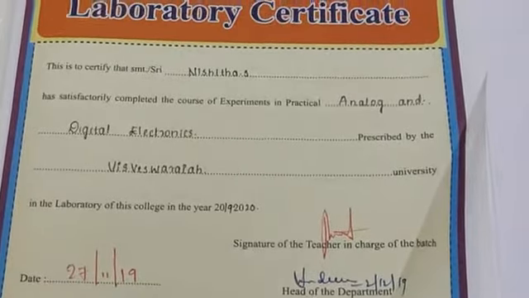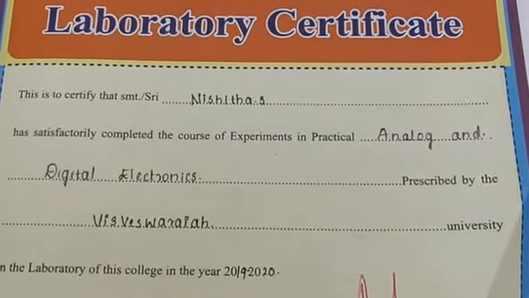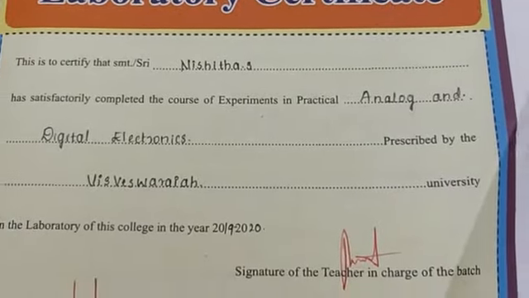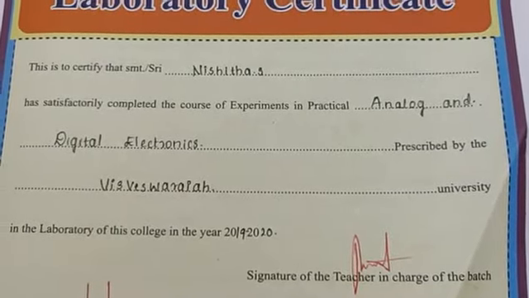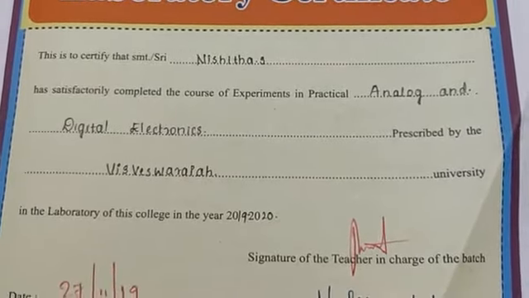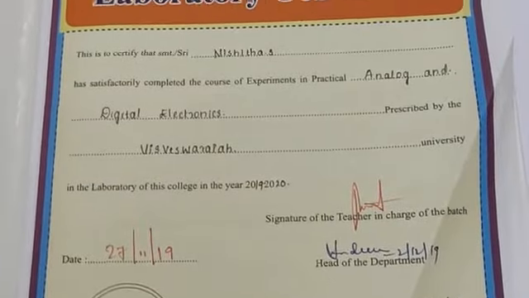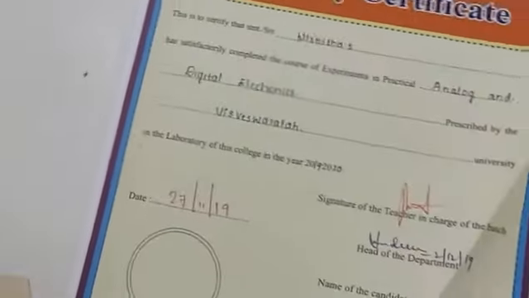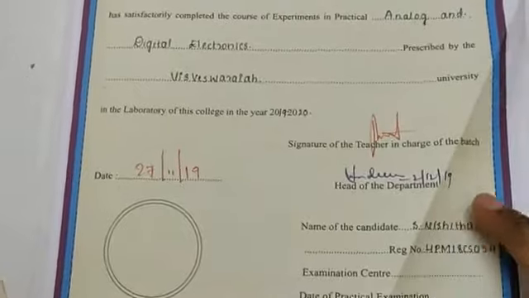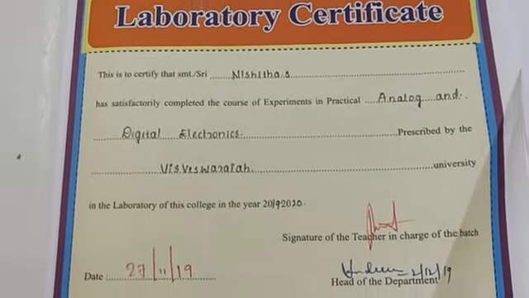So I have taken one of your seniors' experiment records. Her name is Nishchita. Look at this record, how neatly she has written it. You are supposed to maintain the same thing. You need to borrow a record from the store and write the way she has written. Now I will be showing the record page by page, so you need to write the same things. This is your certificate.